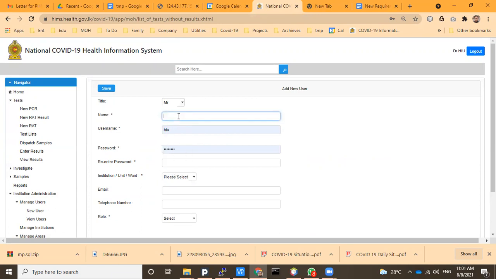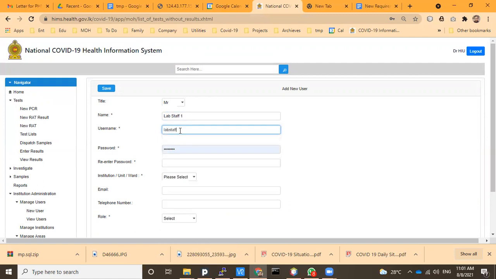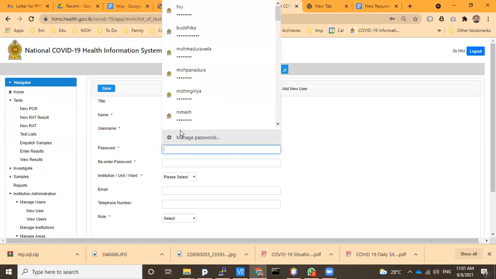We'll say lab staff 1 and give a username. You can give the name like Saman or something like that, DGA Champaro, something like that. For the particular person, I can issue one. Yeah, that is a must because if there's an error and they share a username and password, they can blame the others. But when we give specific user accounts, if they make a mistake, they are responsible. Understood. Yeah, that's good.